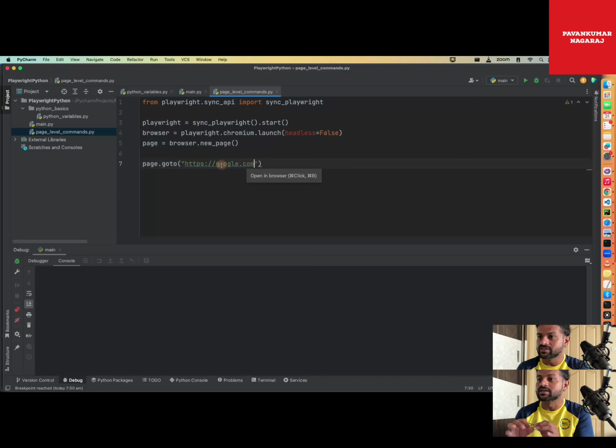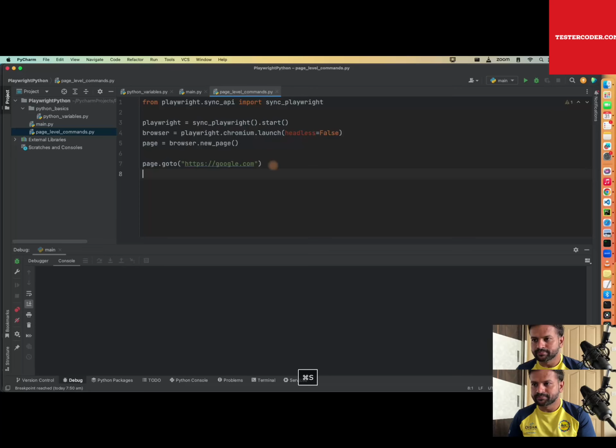There are pages which do not redirect. In such cases you definitely have to use www dot. Okay, fine. Now we are going to Google. Now let's start. So next step,